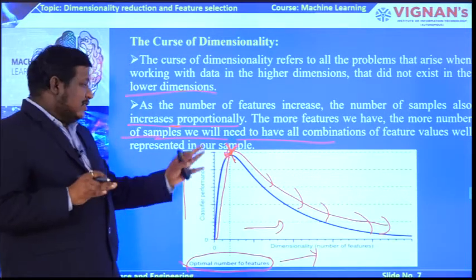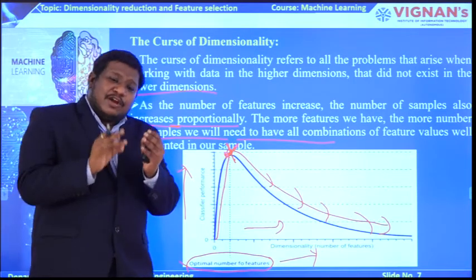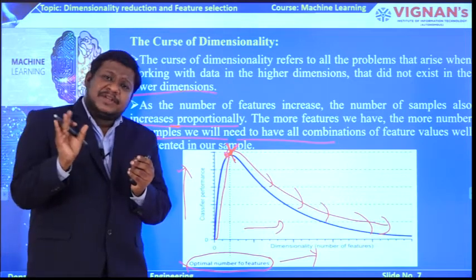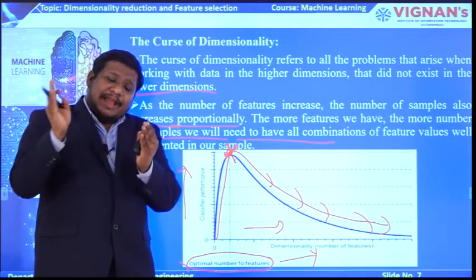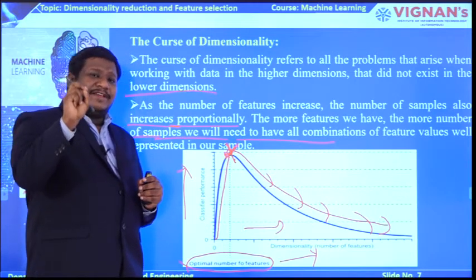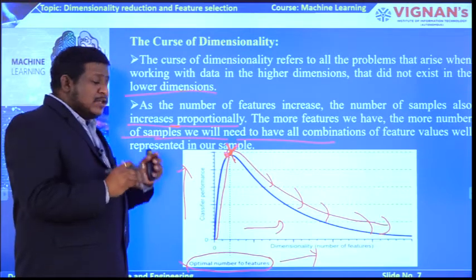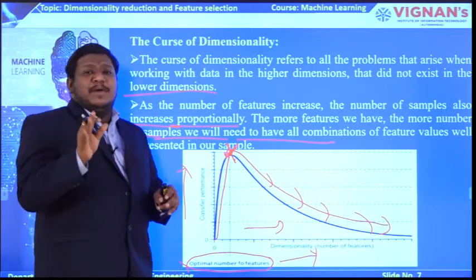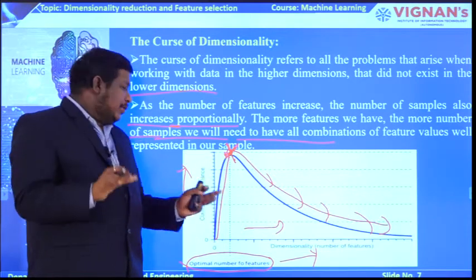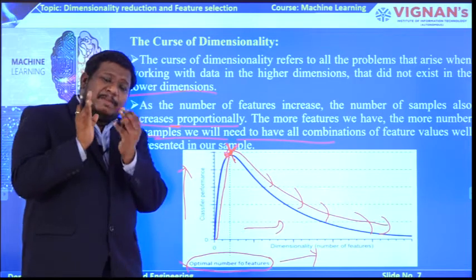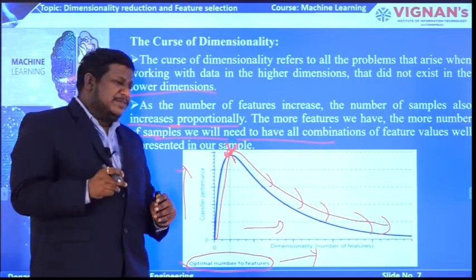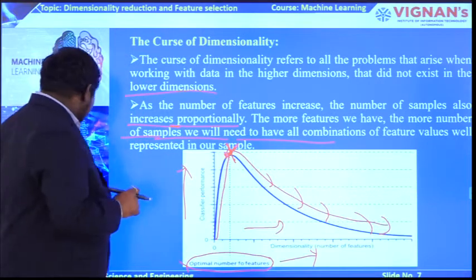So with this graph you can clearly understand that the more dimensions or samples you have in the data set, obviously it is going to affect the performance of the classifier which you are choosing in your model, and so the accuracy or the performance of the model. So the best thing is identifying the optimal number of features in the model and trying to keep them in our model. That is the best way to get the optimum performance from the classifier we are designing. That is the best thing we can understand from this.